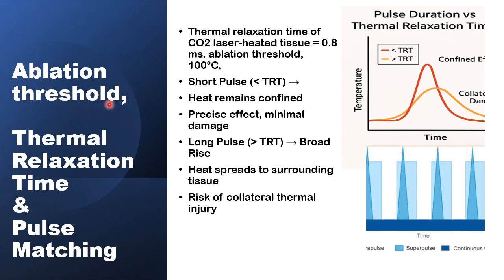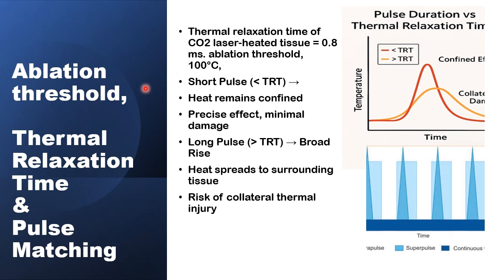For water, for example, which is the target tissue of carbon dioxide laser, this temperature, the ablation threshold, is 100 degrees centigrade. If the laser does not raise up the temperature to 100 degrees centigrade, the heat generated by the laser will just dissipate into the surrounding tissue and cause collateral damage. It needs to reach that threshold in order to cause the cutting or the ablation of the target tissue, vaporization